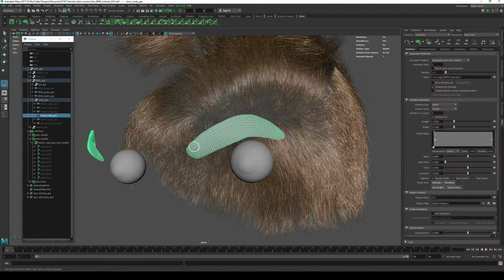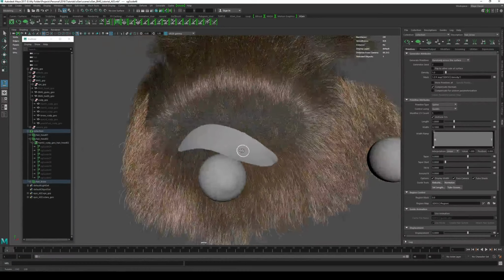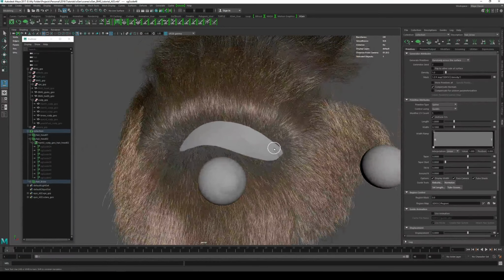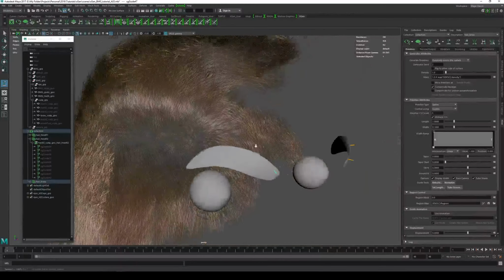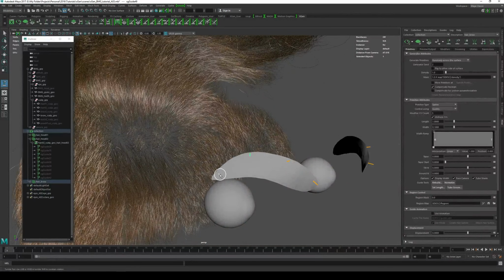So let's start off by doing the top. Now I'm going to put one here, one here, one here. It's a bit hard not to get close to the edge for the eyebrow, but you get the idea. You just got to do what you got to do, really. And then one at the end. So that's the top. We'll do the same on this side. So we'll put one here, one here. I did only do one there yet. One here in the middle, and one here at the top of this apex,